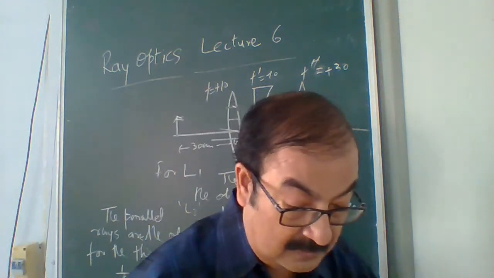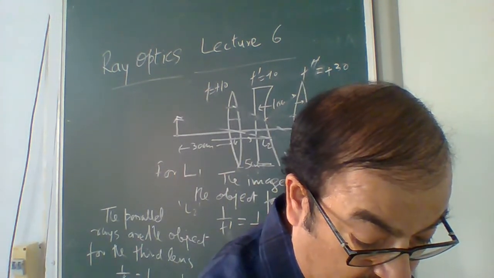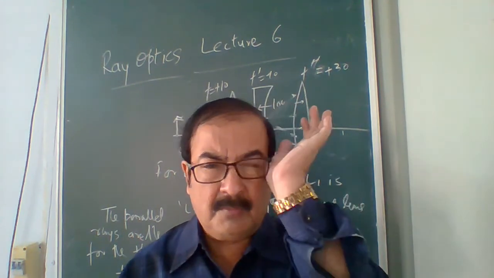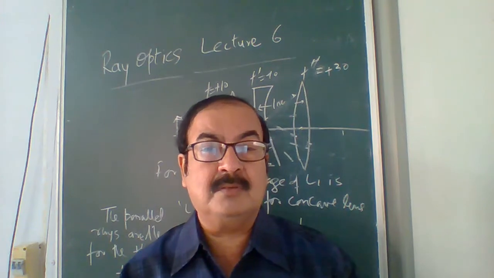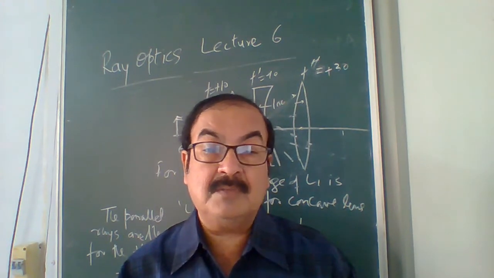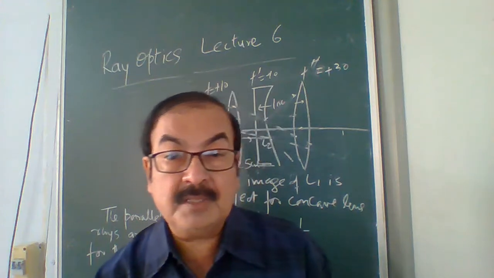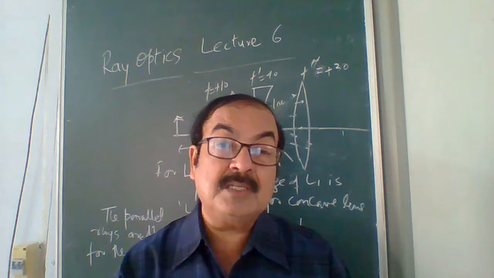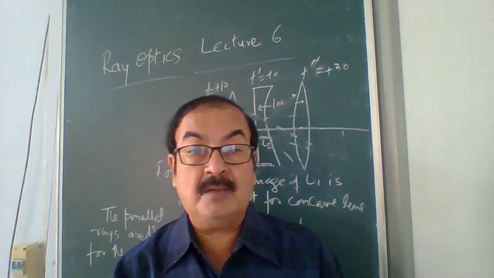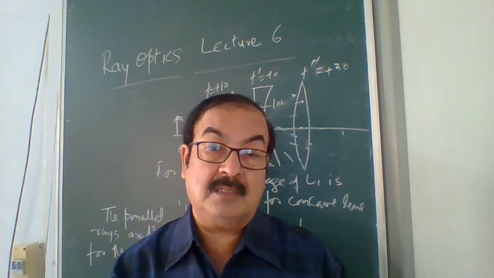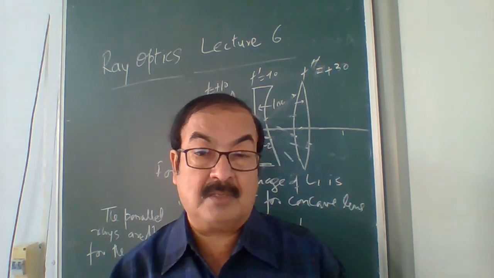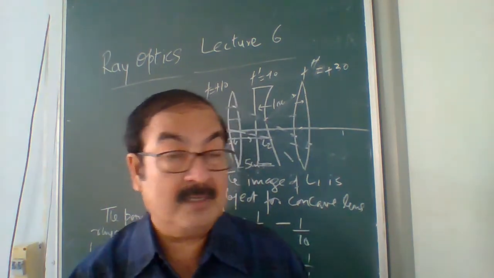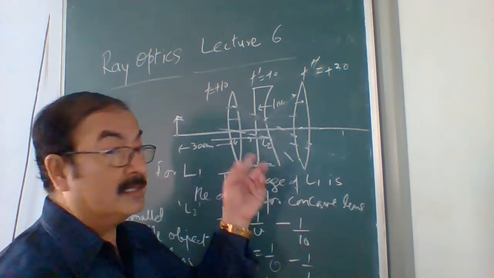एक चीज मैं आपको बता दें, for this question, this is totally imaginary, because in such type of thing, always remember, it is very very important, if the image is real, then only that could behave like an object for the second lens or third lens. If the image is virtual, then you can never consider it as a real object for any other lens. Here, remember the image obtained by this lens is at infinity.